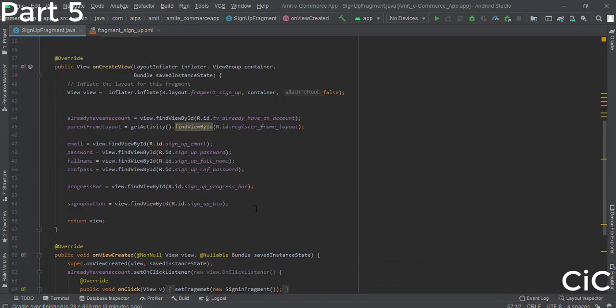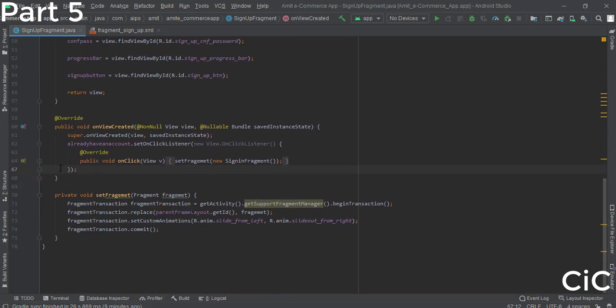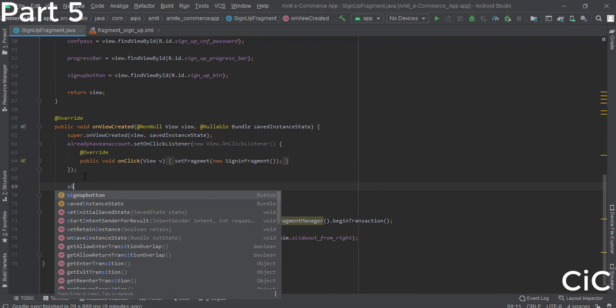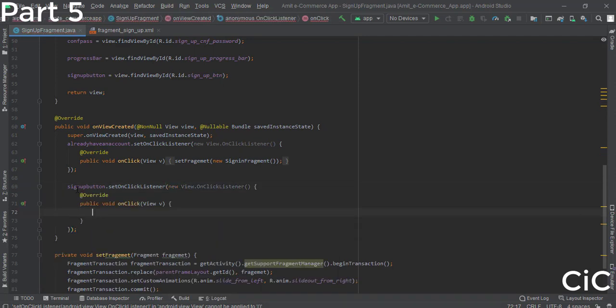After successfully assigning all the find view by ID, we'll move ahead and set a click listener on the sign up button. So this is sign up button dot set on click listener, and this will be a new view on click listener. And here we will create a new method, but we will make this later.